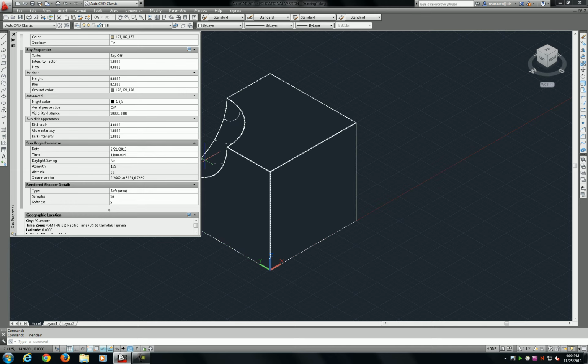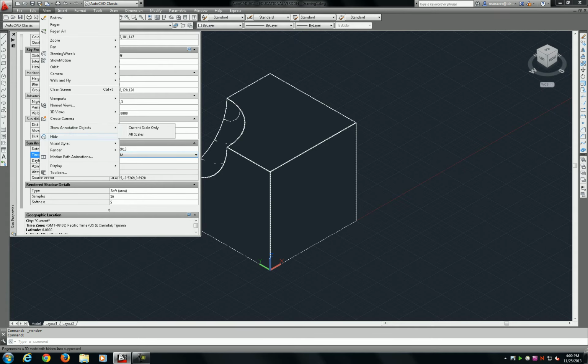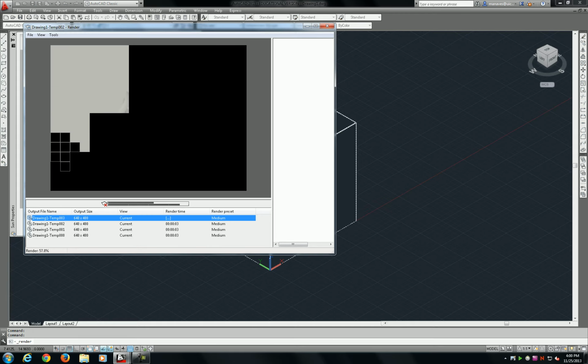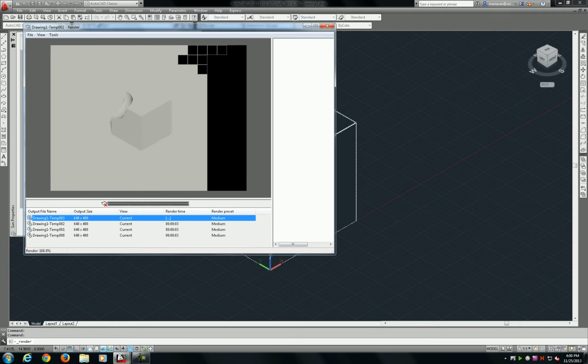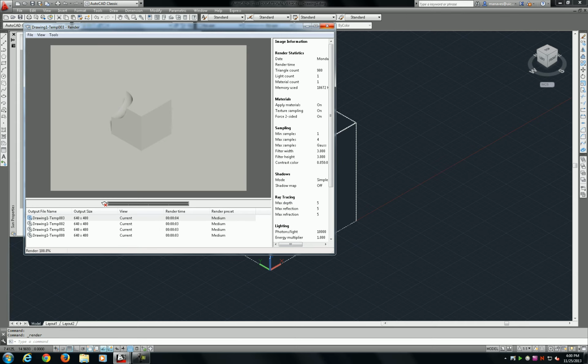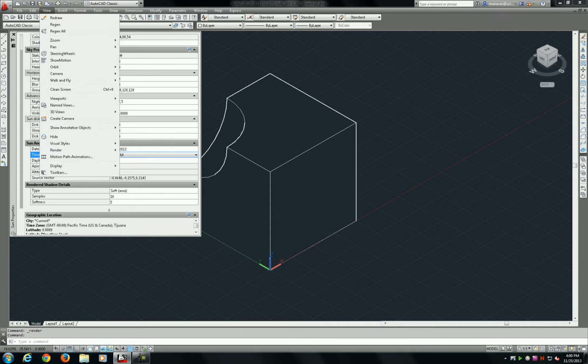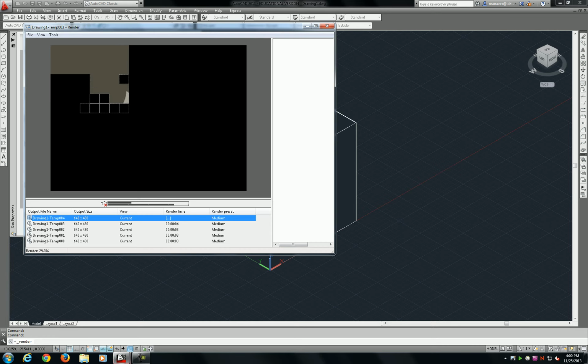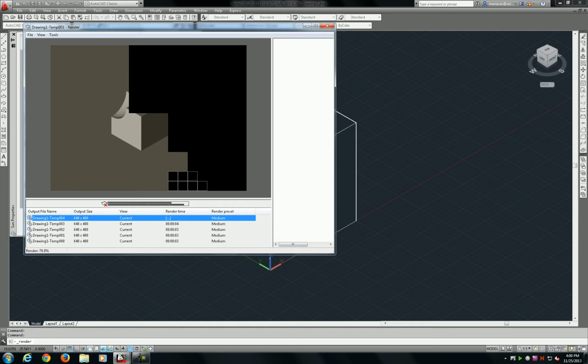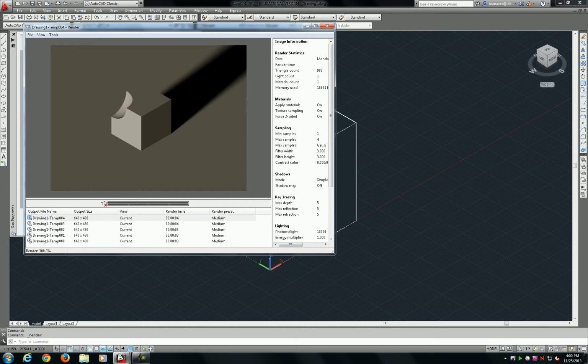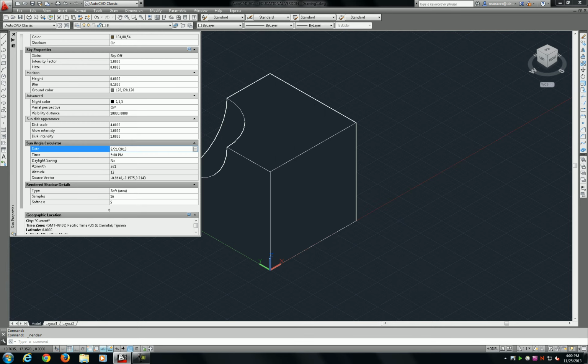I'm going to change the time closer to 2 o'clock. Okay, the shadow is too far that way, so let's go more like 5 o'clock. Okay, a little bit. It's in September, so let's go